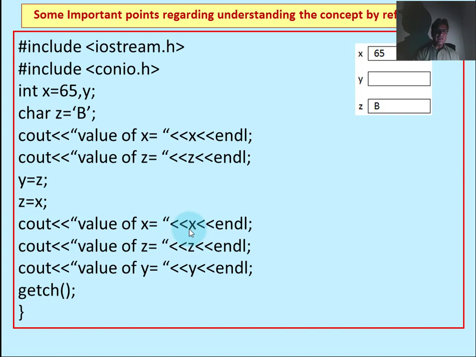The next version, actually, has some important points regarding understanding the concept of by reference. We have taken some example from some other functions. Let's suppose this is a program which contains two